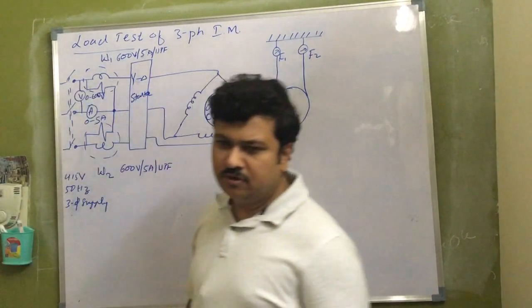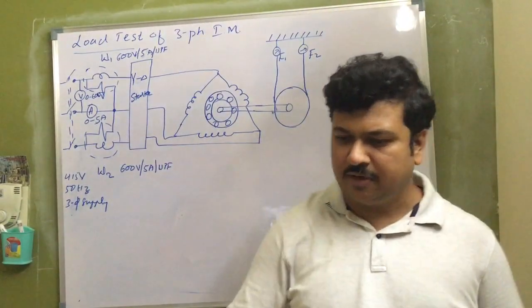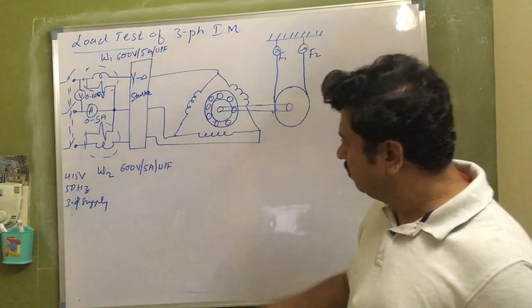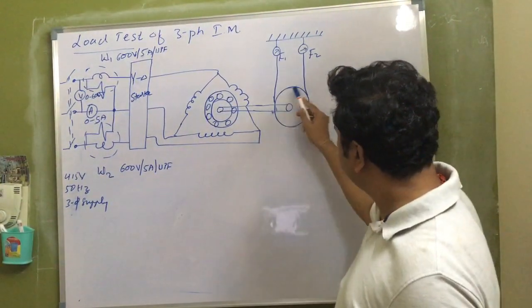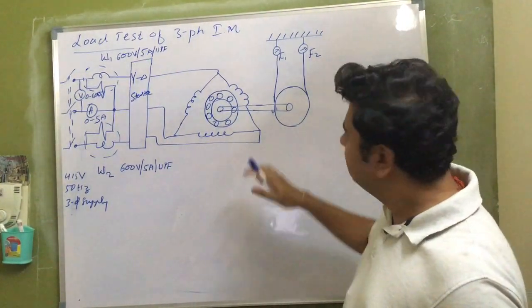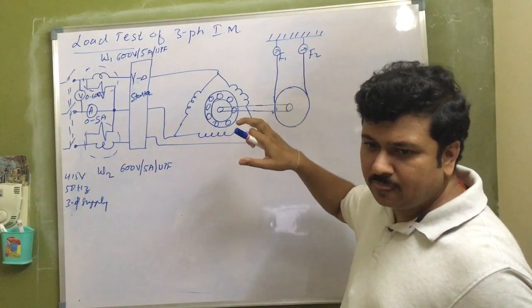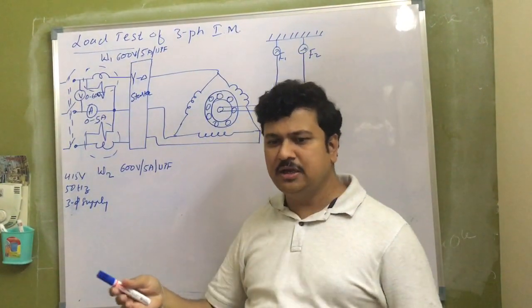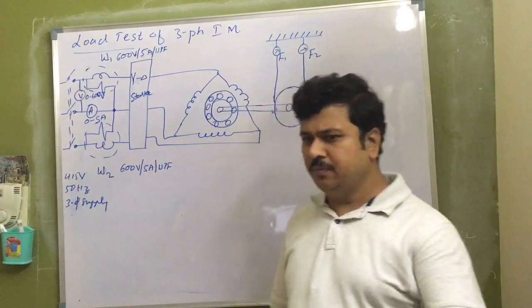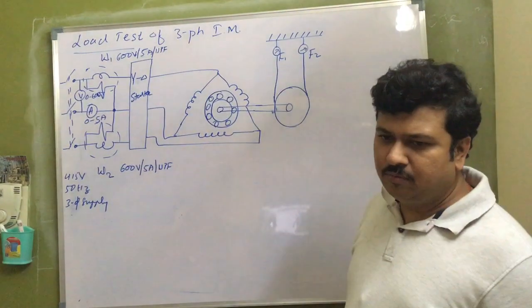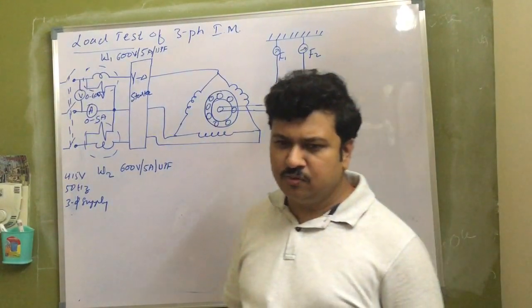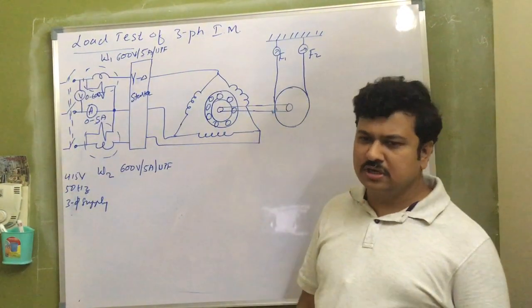Okay. 450 volts, 50 hertz, 3-phase supply. So if I give full 450 volts and the rotor is blocked, what happens is, if I connect some load to it, the motor will refuse to start, and it is a blocked rotor condition. I hope yesterday the blocked rotor condition of the induction motor was covered in the motors class.